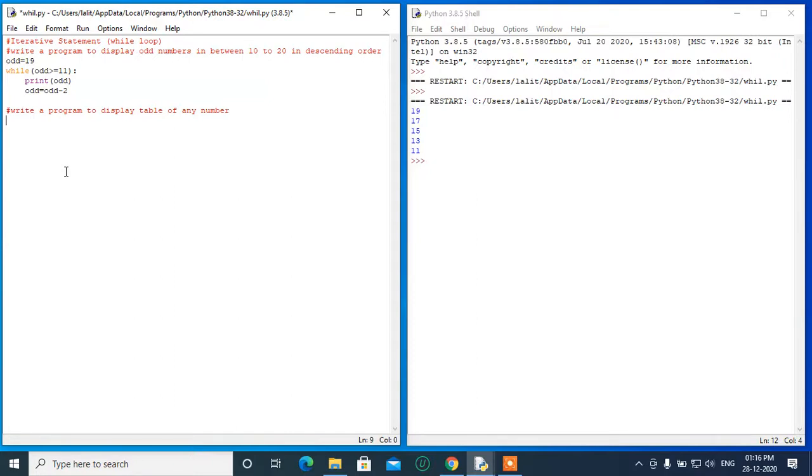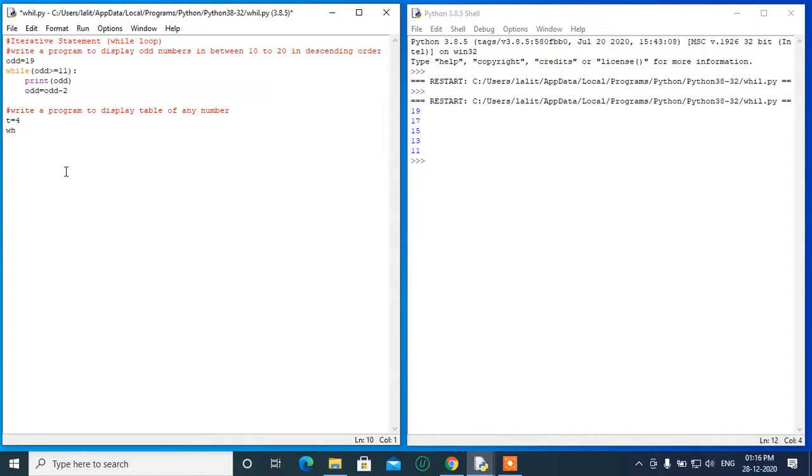You have to display the table of any number. In that case you can assume any table, or you can take input from the user. So I am going to take a variable t and take the table value. So first of all you have to initialize the table. Suppose I am going to take t is equal to 4.